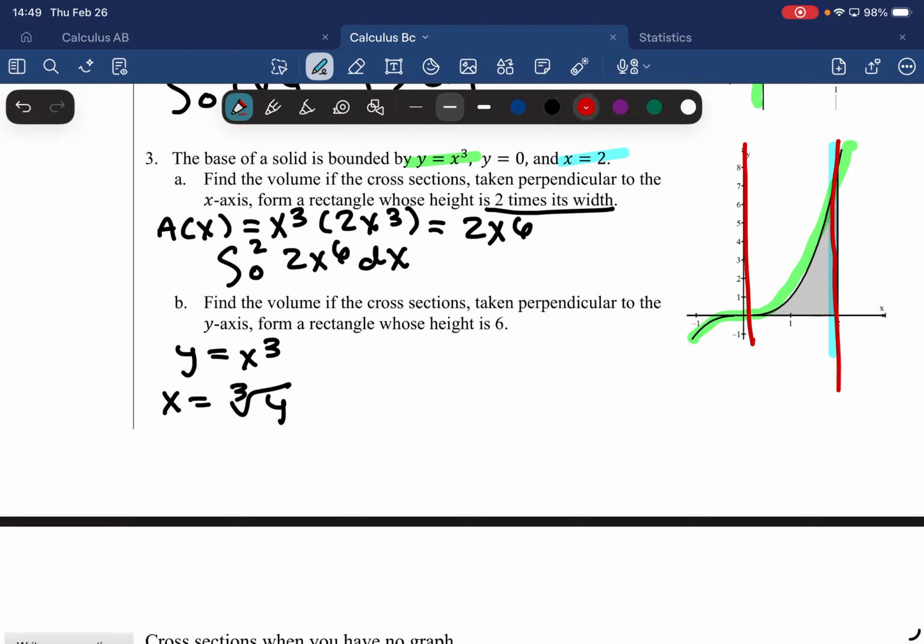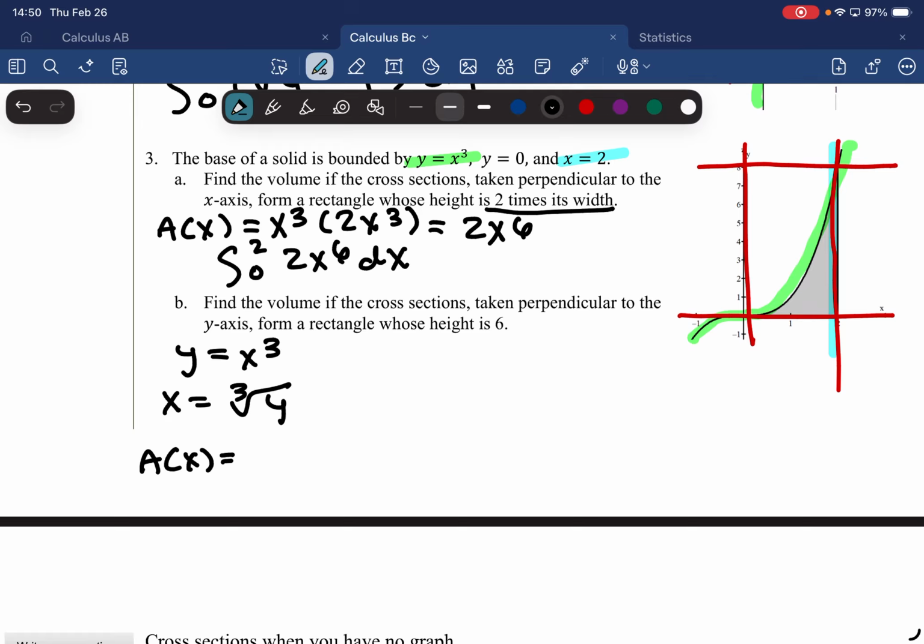Okay, since I am looking at the y-axis now, my bounds are going to be from y equals 0 to y equals 8. Yep, it intersects all the way up there. So 0 to 8, that's going to be my integration. And then my area here is going to be my